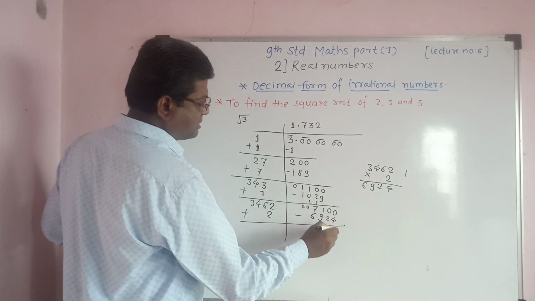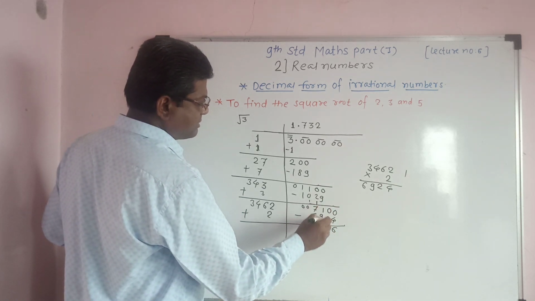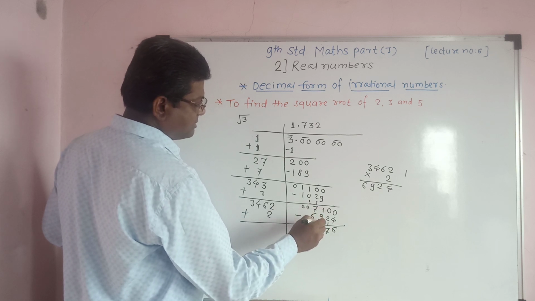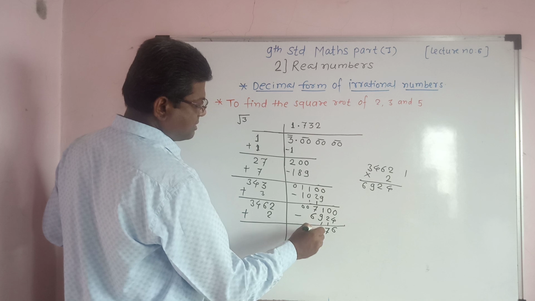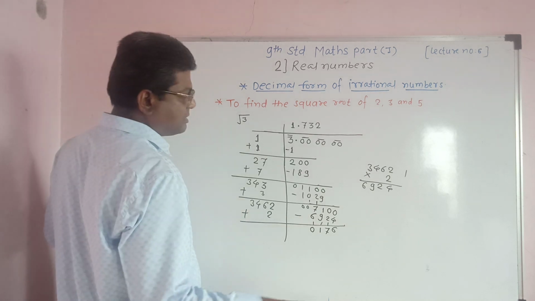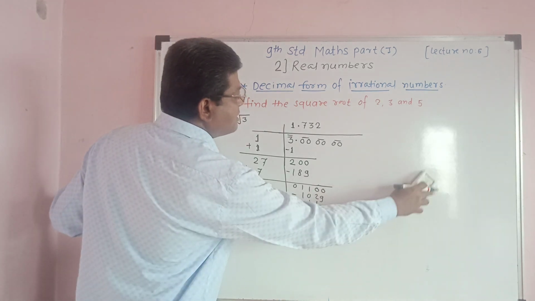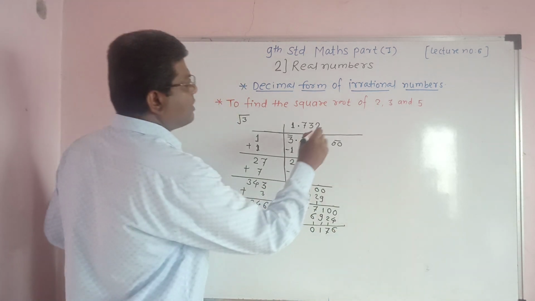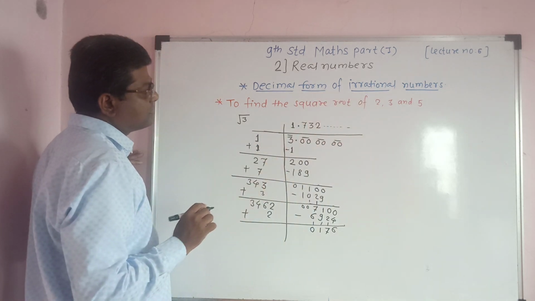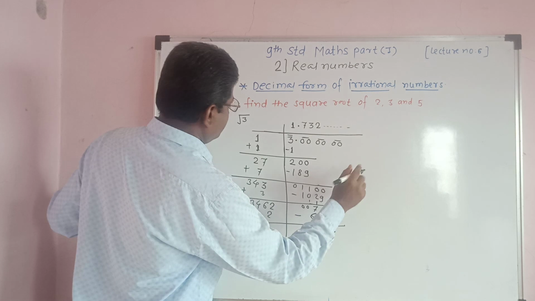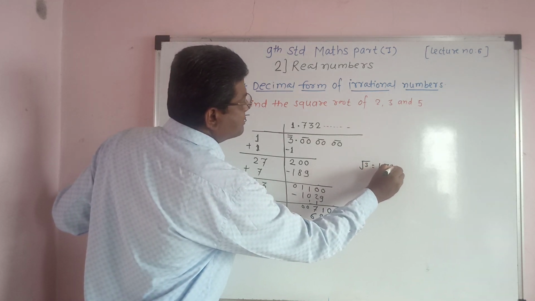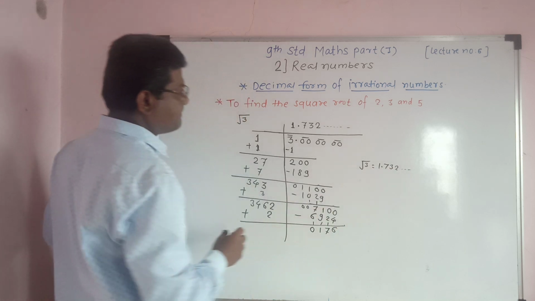10 minus 4 is a 6, carry 1, 10 minus 3 is a 7, carry 1, therefore 11 minus 10 is a 1, carry 1, so we get 176. This process is a non-terminating and non-recurring process. This will go on non-terminating, therefore we write root 3 is equal to 1.732...